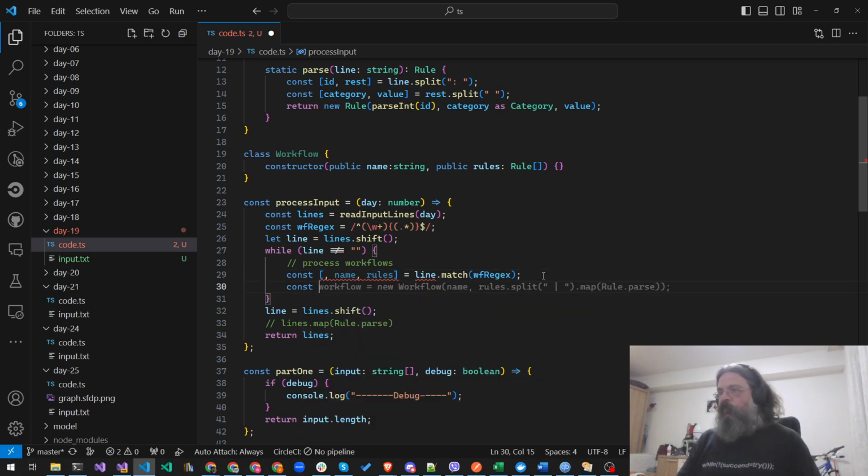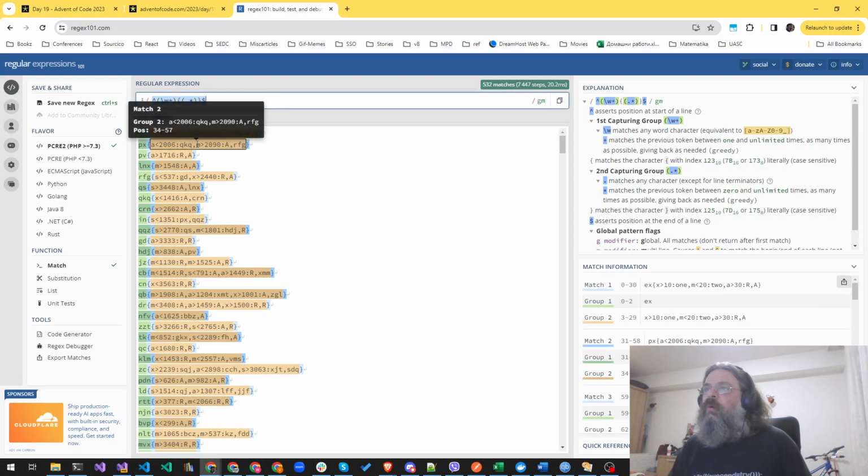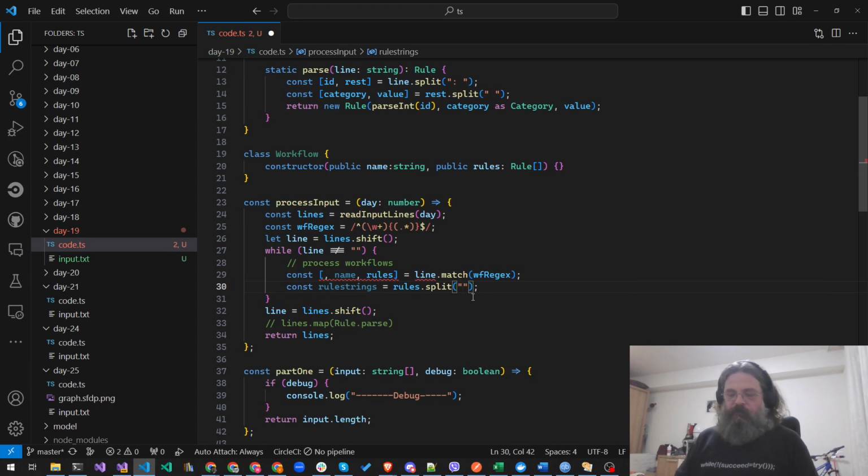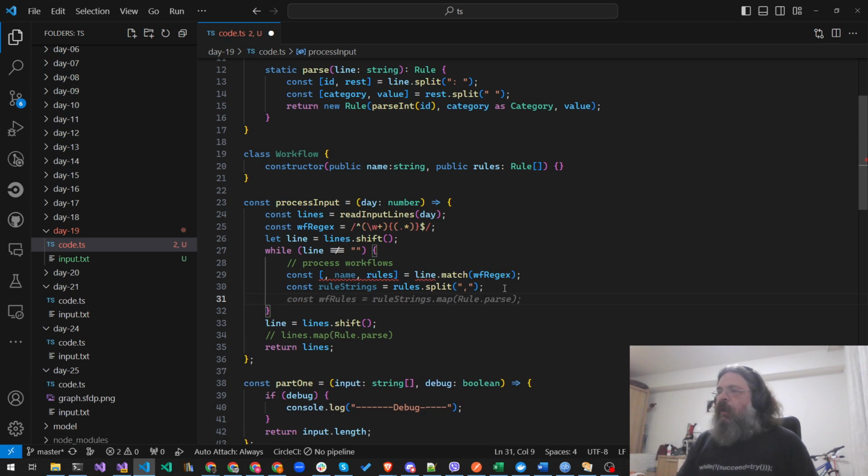So we will need to have that rules split on a comma because that's the rule separator. And now we have the strings that display our rule. And after that, we will say, yeah, map them using the rule.parse method. And this returns, this is a, come on, rules are any